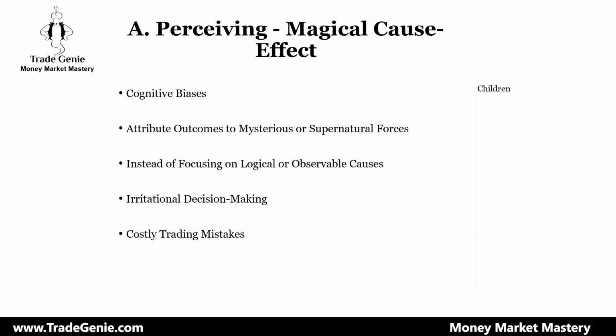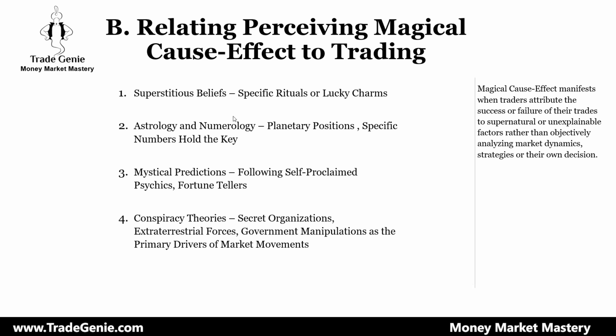And where would you take profit? So all that kind of trading is happening. Then there are superstitious beliefs, specific rituals or lucky charms, astrology, belief in astrology and numerology and planetary positions and specific numbers